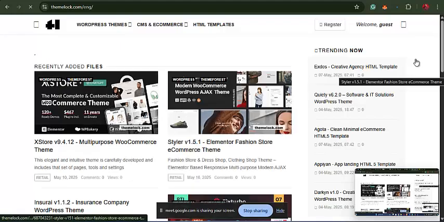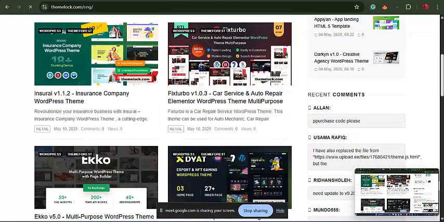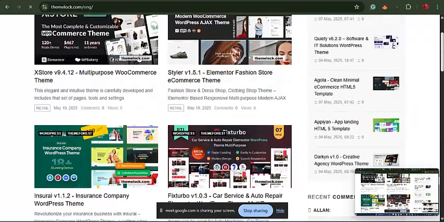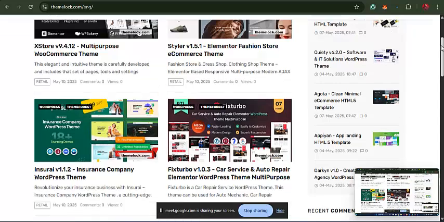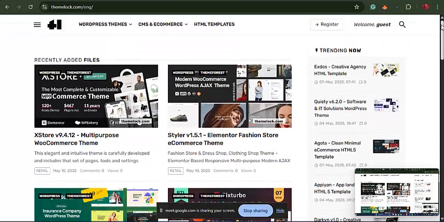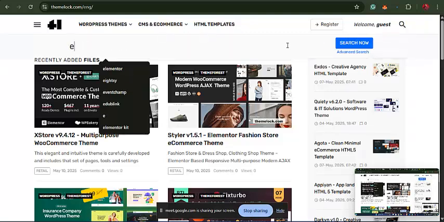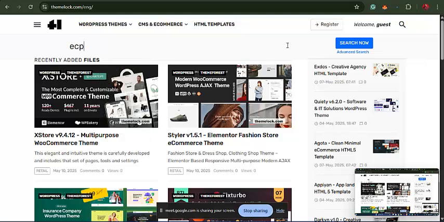Okay, it's open now. But that doesn't mean anytime you want to open it, you need a VPN. I think it's just network issues, because most times when I open it, it doesn't require VPN. So if you come in now, you can see templates you can use for free, totally free. So let's say I wanted an e-commerce template. I can just click on e-commerce, search for e-commerce,